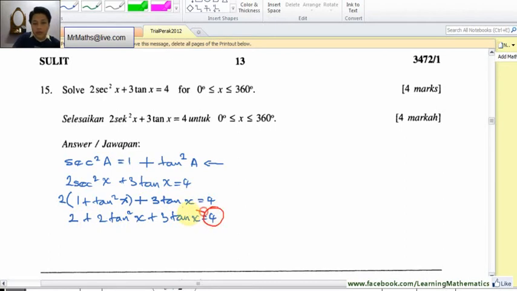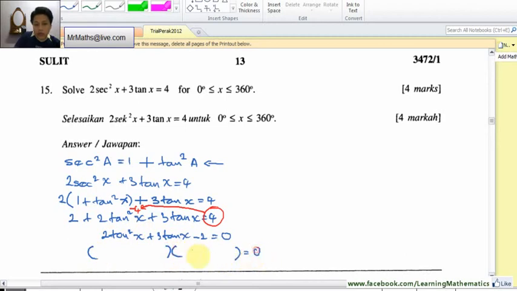So it becomes minus 4. So it's left with 2 tangent squared x plus 3 tangent x. And then 2 minus 4 is minus 2 equal to 0. So let's go and divide. Now we cannot divide anything. We will keep it like that, and we factorize